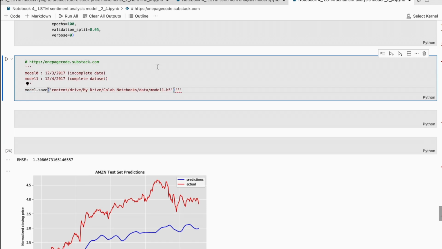This code is used to save a model that has been created and trained for a specific dataset. The first line, hashtag save model hashtag, is a comment used to indicate that the following code is used to save the model. The next two lines, Model 0, December 3, 2017, incomplete data, and Model 1, December 4, 2017, complete dataset, are also comments that provide information about the model, such as when it was created and what type of data it was trained on. The next line,